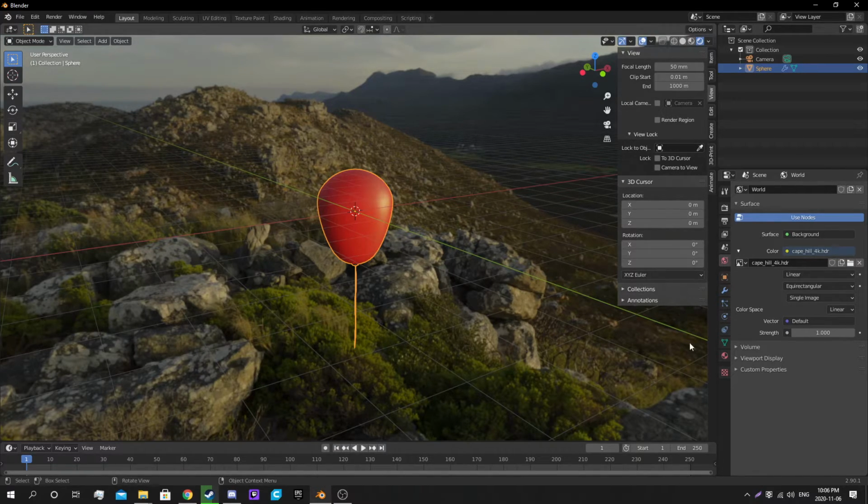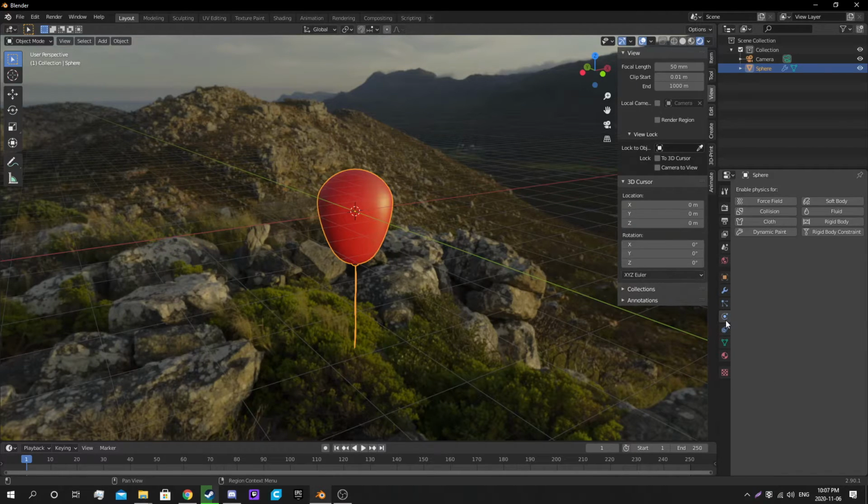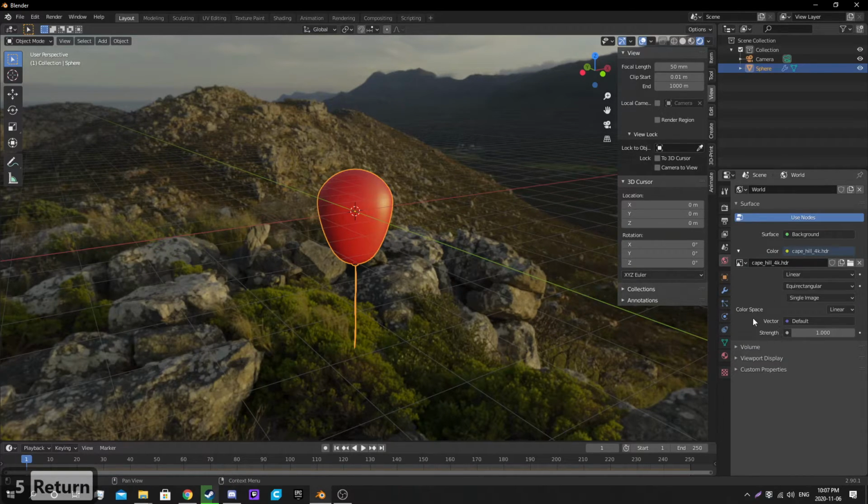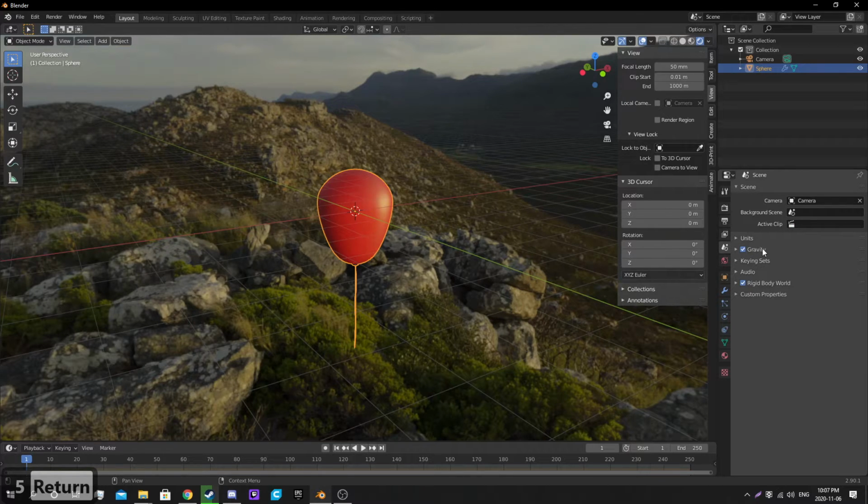Close that down. We want to go into here. We want to go into rigid body. We want to put this to 0.5, and that's all we got to do there. Now we want to go back here, or we haven't been here yet. Go to gravity, put this at, or you can just remove that negative,